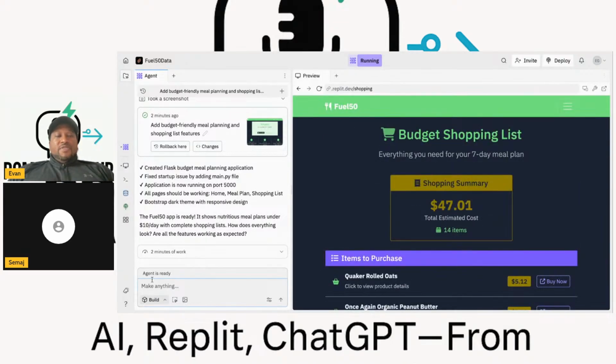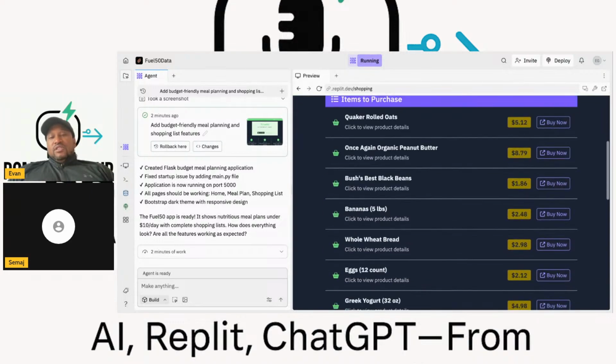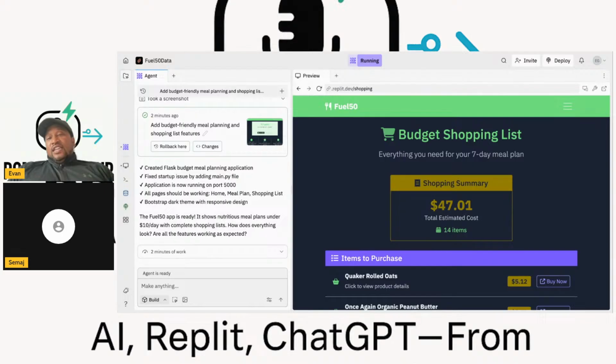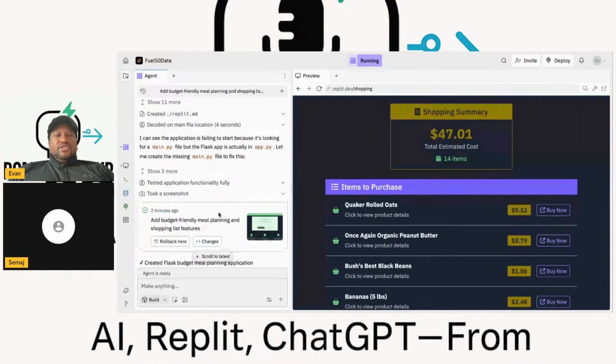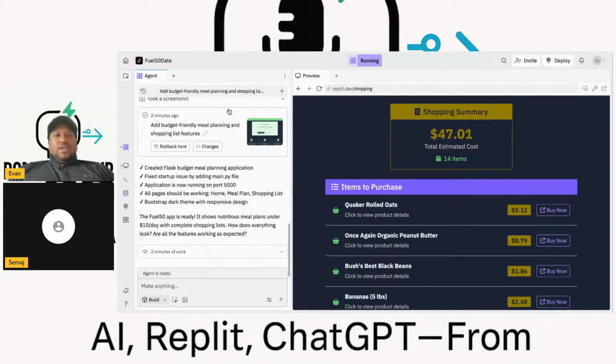But a couple of things here. I wanted to show you guys what Replit looks like and give you an example of how it works. And then some of the prompts that we use to build these businesses, some of the tips that we use to change the look. You could be as detailed or as undetailed as you want. Like you could just say change the green banner, or remove this line of sentence, everything you need for your 7-day meal plan, remove that. You can add things. If you click a link and that link's not working, you could have them fix that. And so there's a lot that you could do specifically with each one.